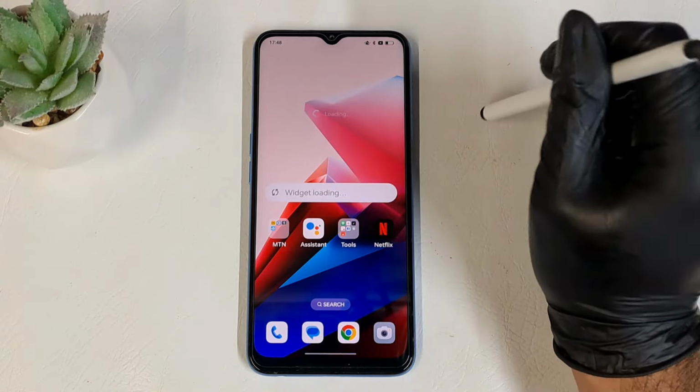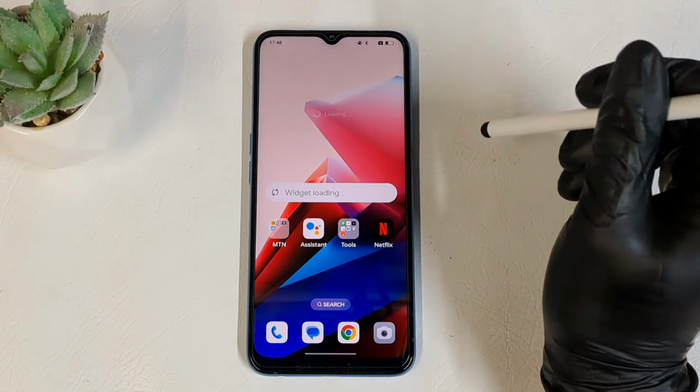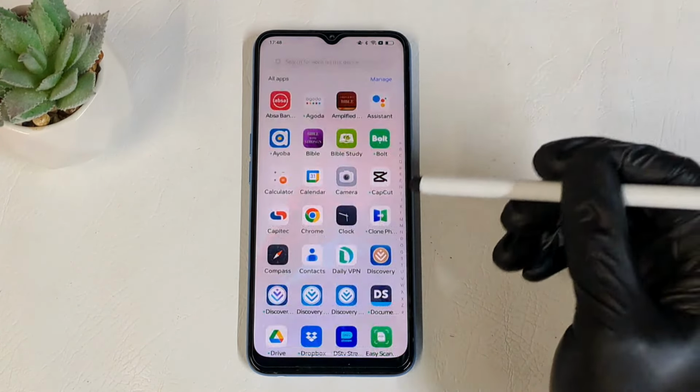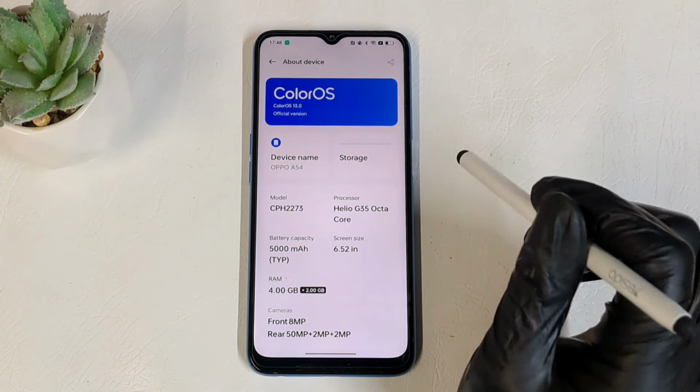Here we go, the phone is restarted, because we just expanded the RAM of this phone. So let's check how much RAM in total we have in the settings. This one is slightly slow. In the settings you will find about device. Here we have 4 GB plus 2 GB in total. So that's how you expand your RAM in the Oppo